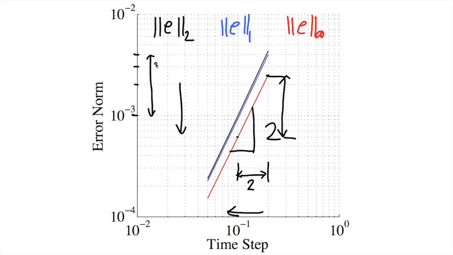This factor of 2 reduction in delta t brings about a factor of 4 reduction in the error, and this is something that we can investigate directly in terms of the numbers, but we can see that the slope here is 2. And so we have quadratic convergence, error decreases,